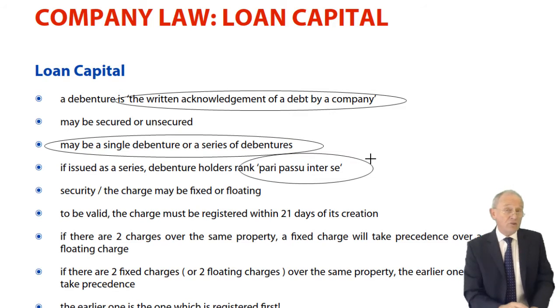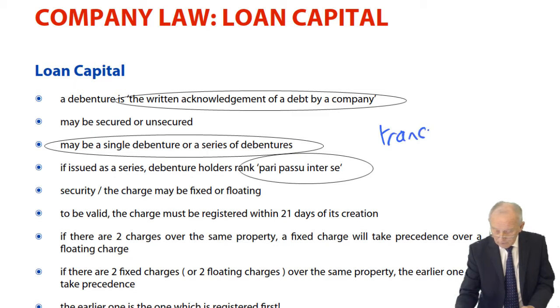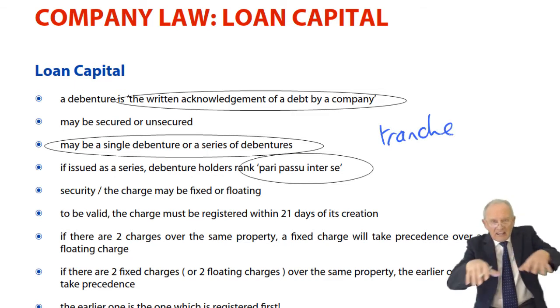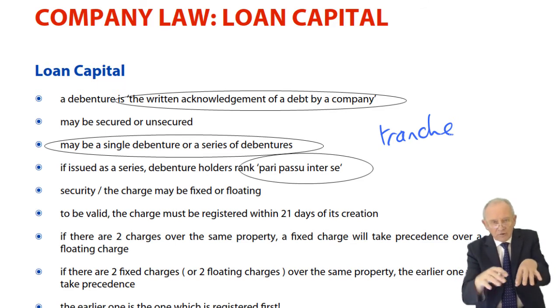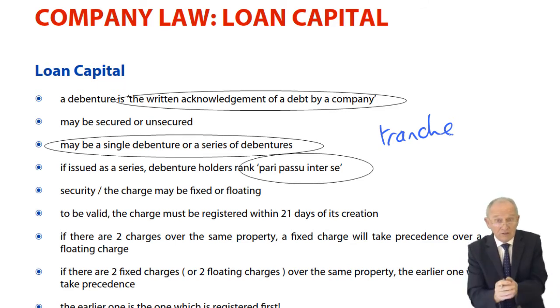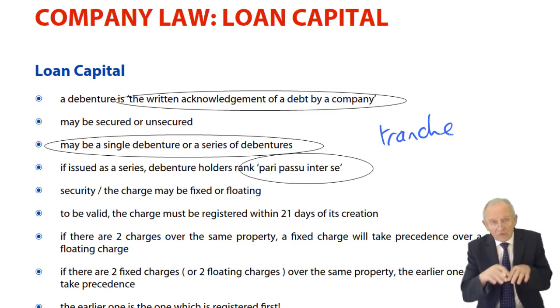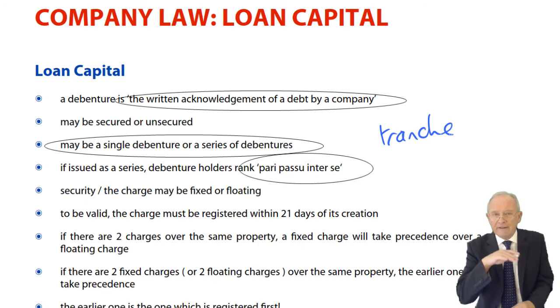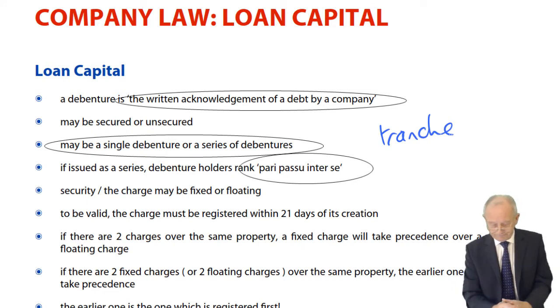So just because one debenture holder is called Adams and another is called Zulu, doesn't mean that Adams is any better than Zulu. In the event of a liquidation, and in the event that not all these debts are paid in full, all the debenture holders on this single tranche, this single layer, all rank equally, and no preference is shown according to alphabetical sequence or age or abilities. So they rank pari passu inter se, they rank equally amongst themselves.